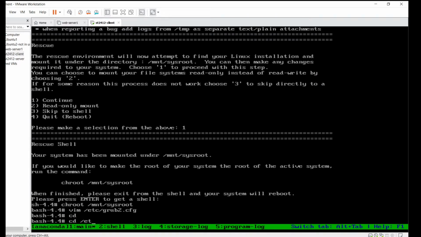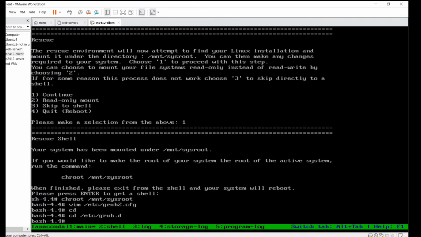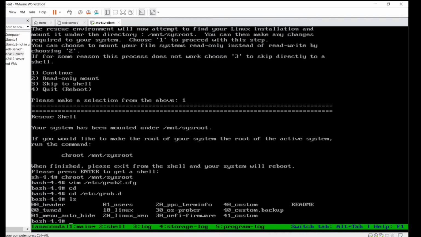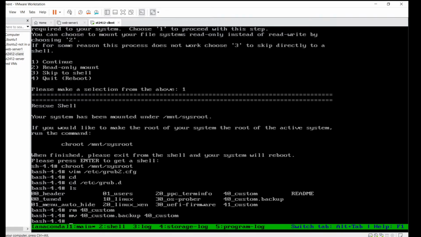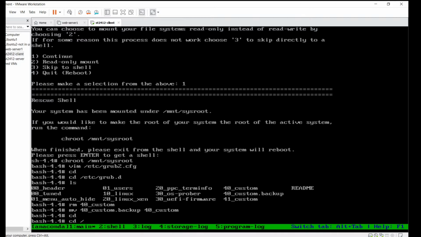After that, I cd into the directory /etc/grub.d, where I'm now looking for this 40_custom file. I'll remove the 40_custom file and rename the 40_custom backup file back to its original name. After that, I cd back out and cd into a different directory.